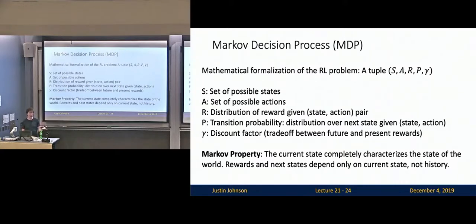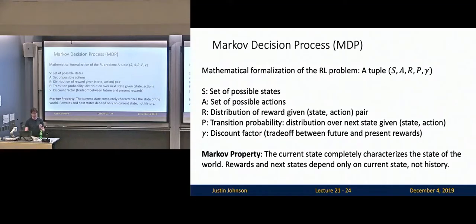And then there's, now this one's kind of weird, also a discount factor, gamma, that tells us how the agent should trade off between getting rewards right now versus getting rewards in the future. So this trade-off factor gamma tells us how much we prefer a reward right now versus a reward sometime in the far-off future. And the formalism, and the reason this is called a Markov decision process, or MDP, is